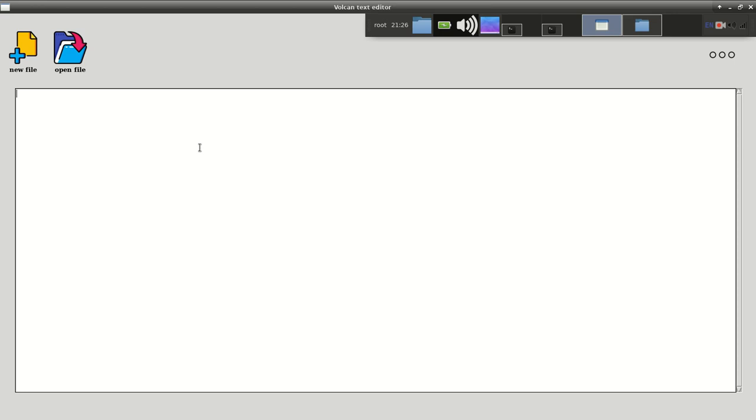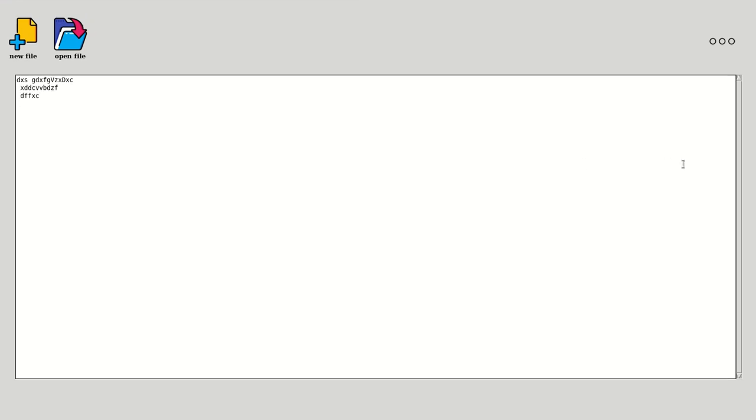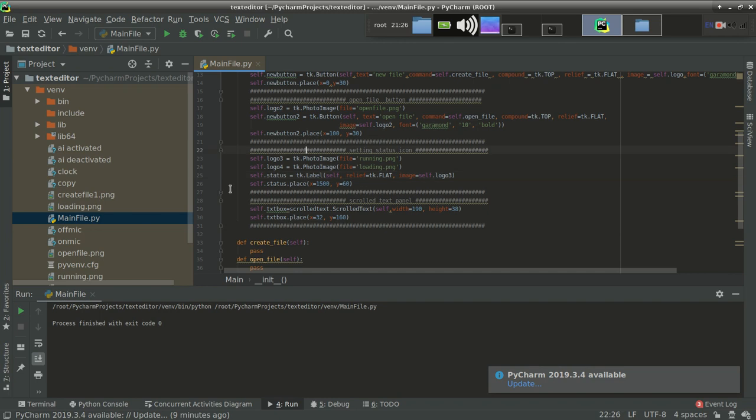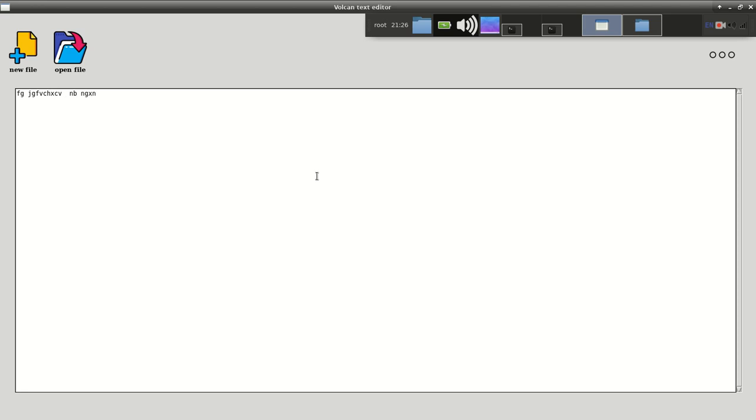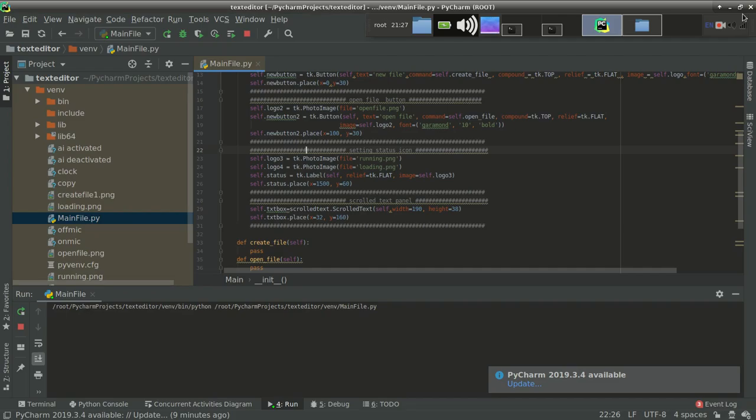Let's enlarge the window and we get a text area. You can write anything. So just close it.